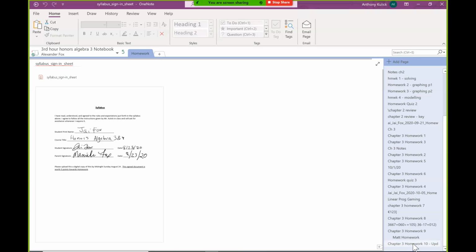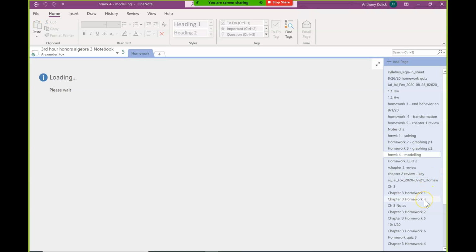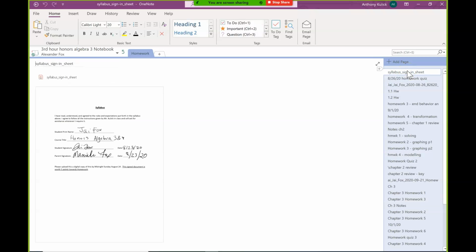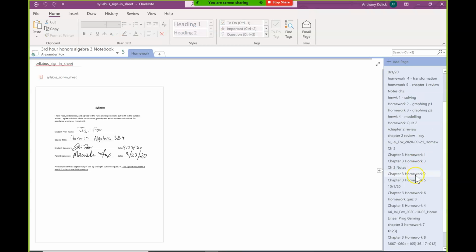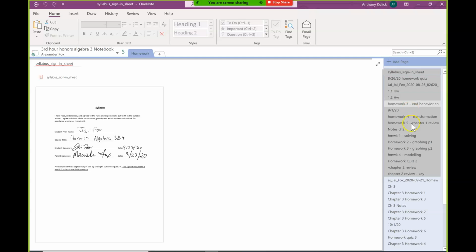I'm sorry, control. Wait, what's going on here? Oh my goodness, one second. Everything is just lagging on me. Again, it is shift. So you click at the beginning, hold down shift, you click on the one at the end, and it'll highlight the whole section of it. I don't know why it only did this much of it. Anyways,